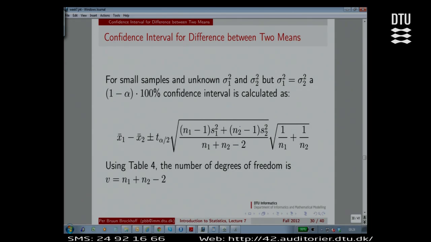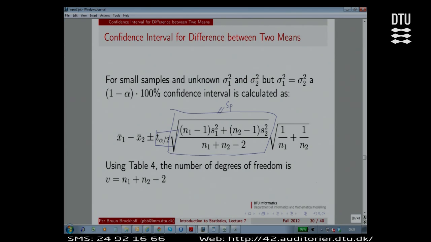Here is another version. Here is a version that uses the pooled variance. You can see this whole expression here is just the square root, and that is, more easily expressed, SP. I just use this pooled variance, and then I use the t instead, and then I can use it for small samples. However, there is a little additional assumption, and that's the one I will discuss with you next time,